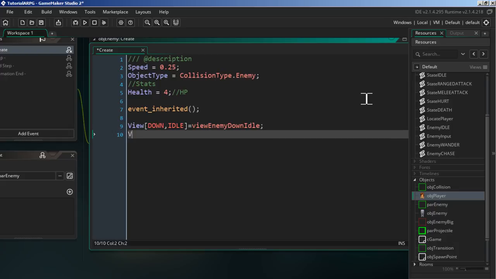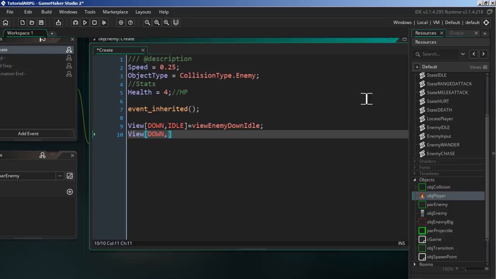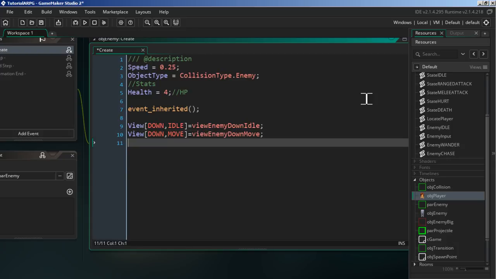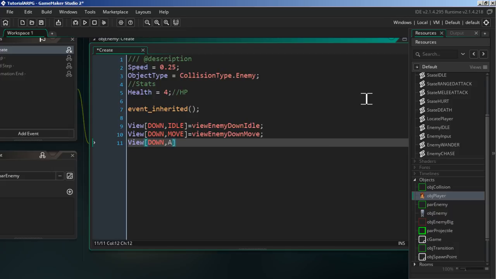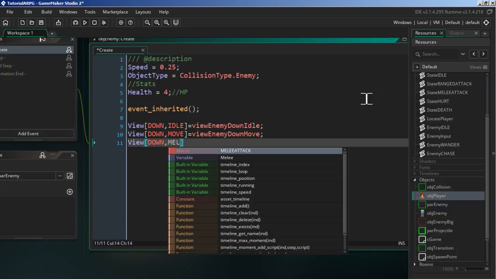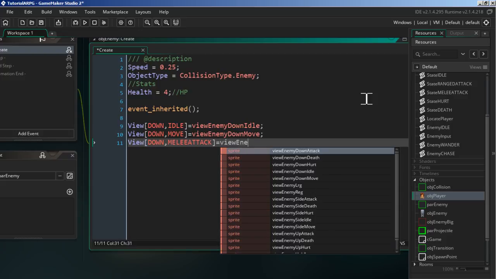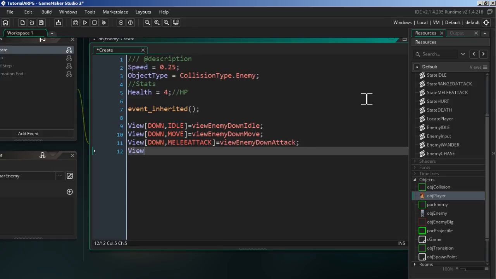We're going to do that basically for all of them. So view down move equals view enemy down move, view down, oops, wrong one, yep, down attack, oh right, melee attack equals view enemy down attack, and then view